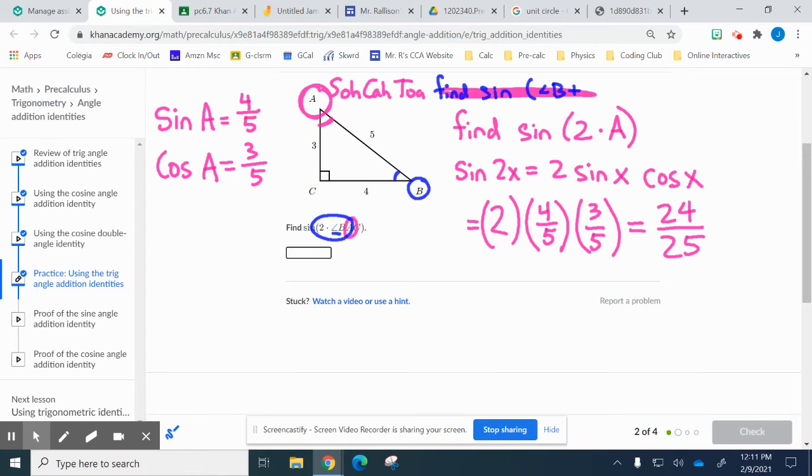24 over 25. Gold star. Okay, so that's the 2 kinds of problems, and if you lay them out that way, how much